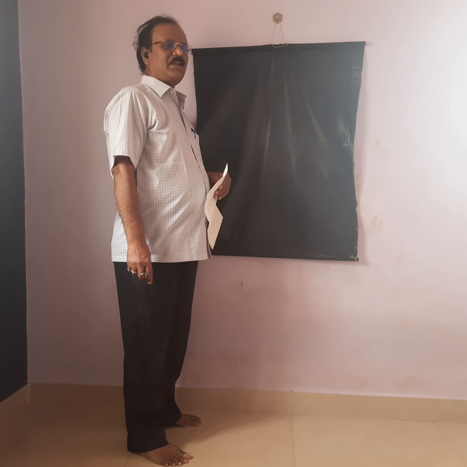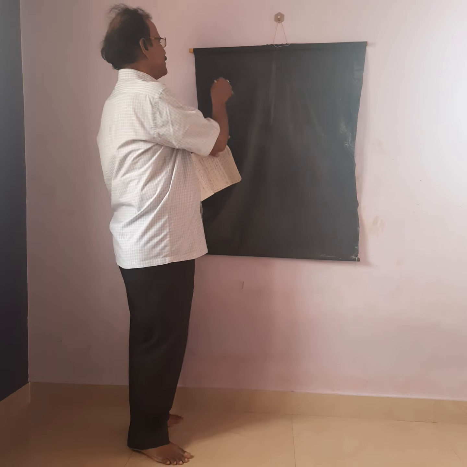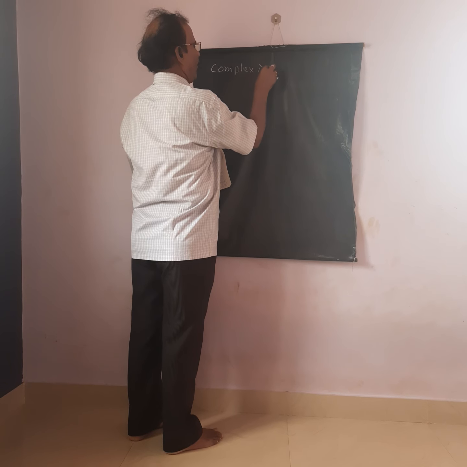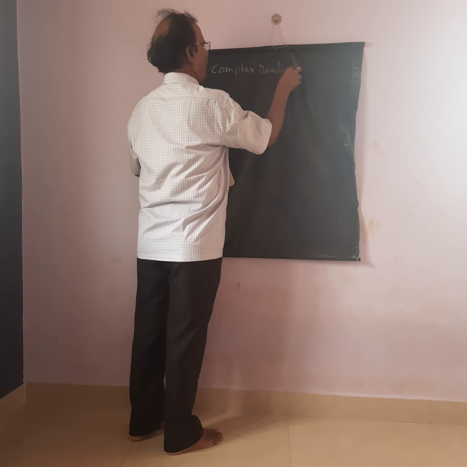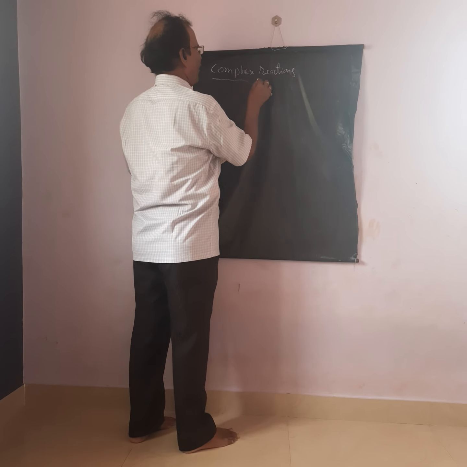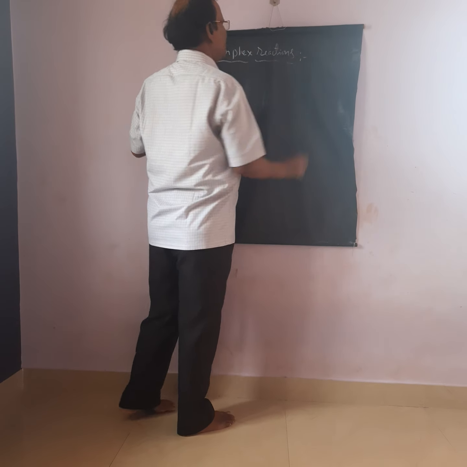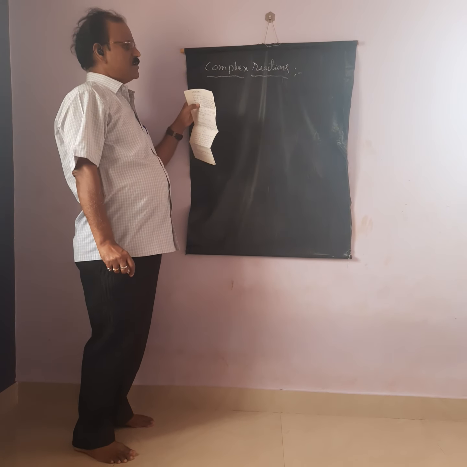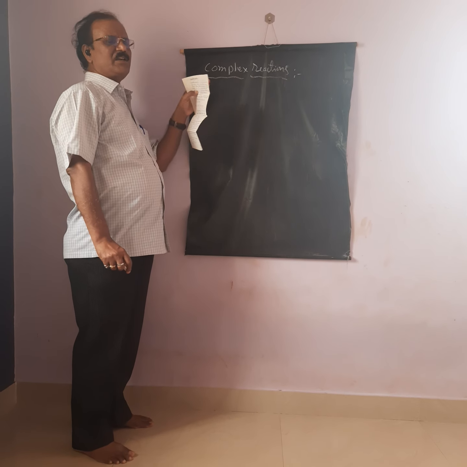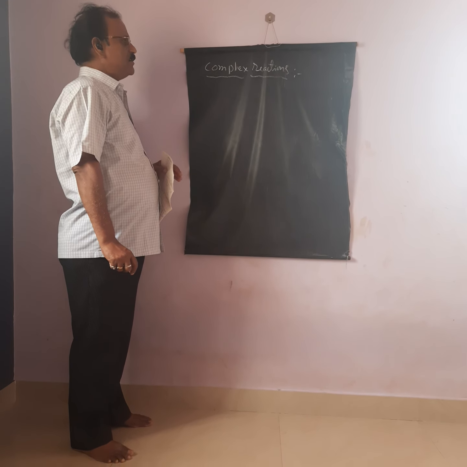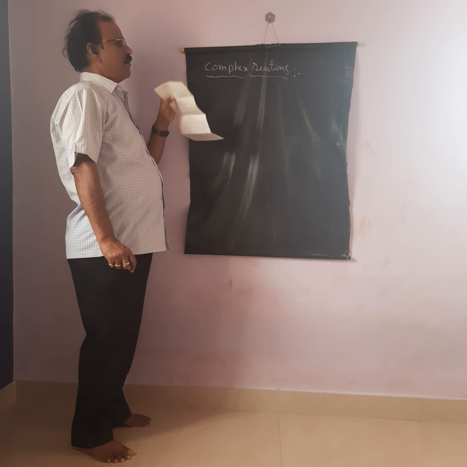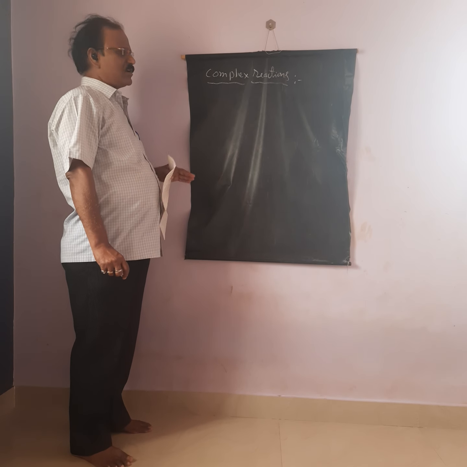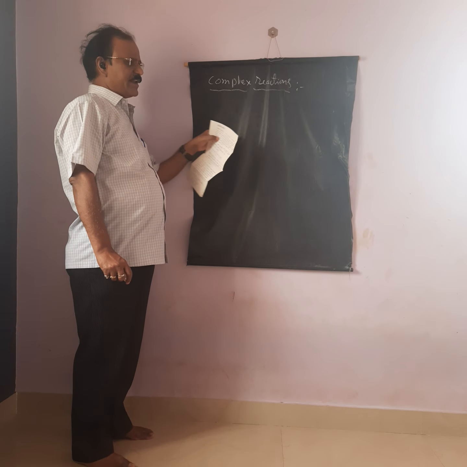Now, part 4 of chemical kinetics, that is complex reactions. Only a few reactions are straightforward reactions, and they are of first order, second order, and third order. But so many reactions are complex reactions. They are not straightforward. Before giving the final product, they use a series of reaction steps.